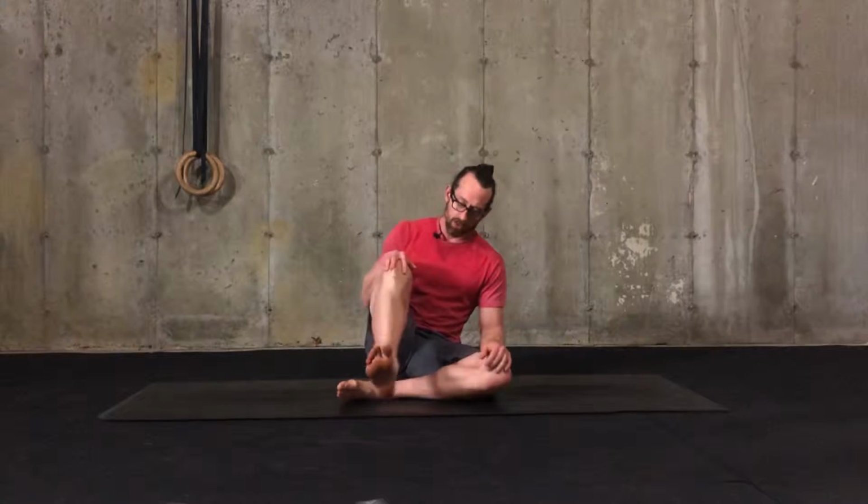Okay, PAILs and rails for ankle inversion. So inversion is turning the sole of the foot towards the midline of the body, so turning towards the inside. So what we're going to do is go the basic easiest way to do this,